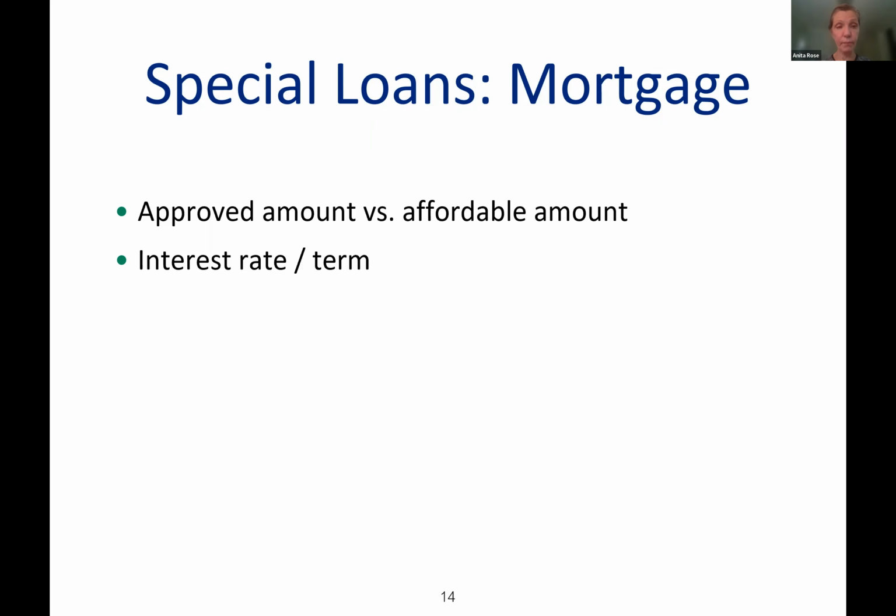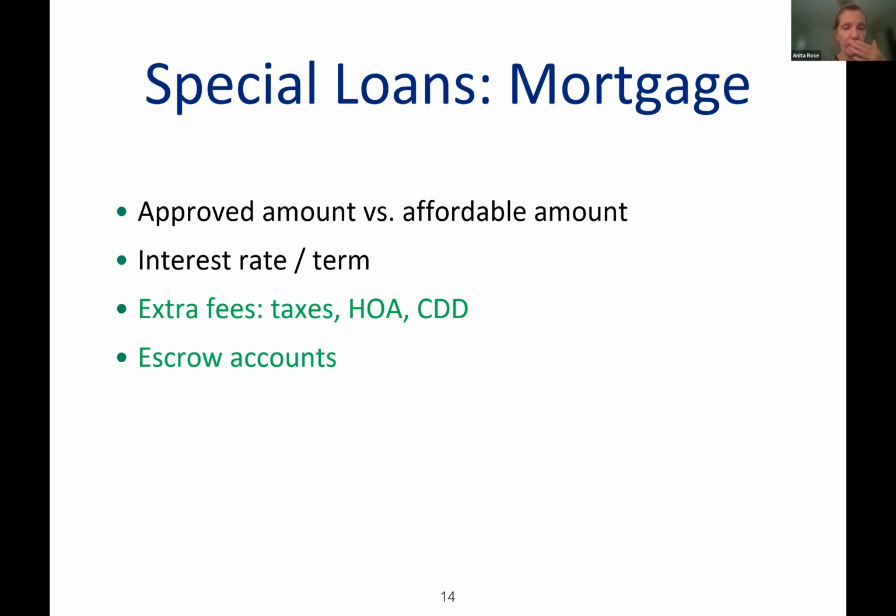That's your decision. Now we have the interest rate and the term. I mentioned the interest rate. We know it was down to like 2.9% at one point. It's gone up, steadily creeping up. I think it's gone up today. And the term is the length of time of the mortgage, 15 years, 20, 25, 30 years, whatever it may be. There are some extra fees that you need to consider, and oftentimes they are added to the loan.